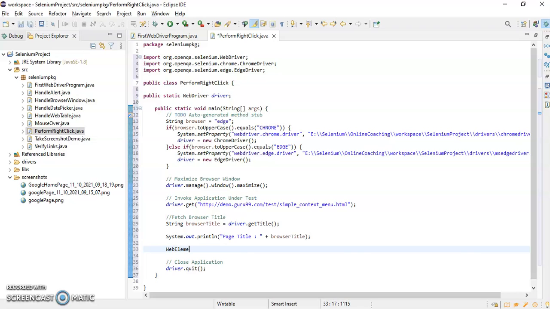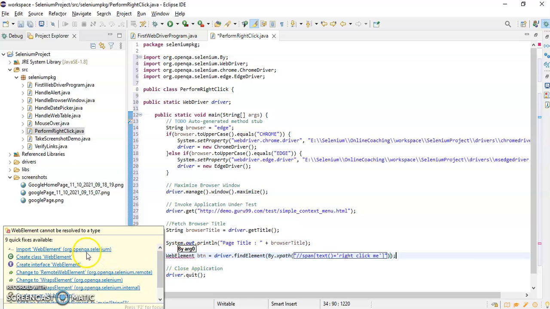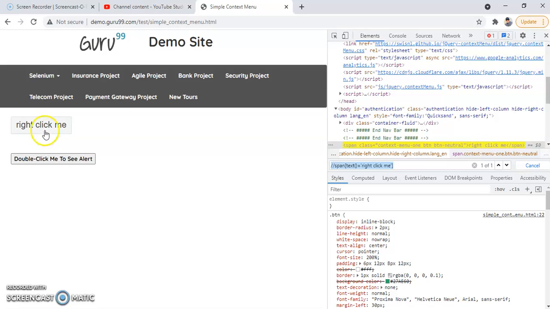So we can write here, web element button is equal to driver dot find element by dot XPath, and here I will provide the XPath value. This WebElement is an interface, it has to be imported, which is coming from org.openqa.selenium package. After that I have to click on that particular copy, right?